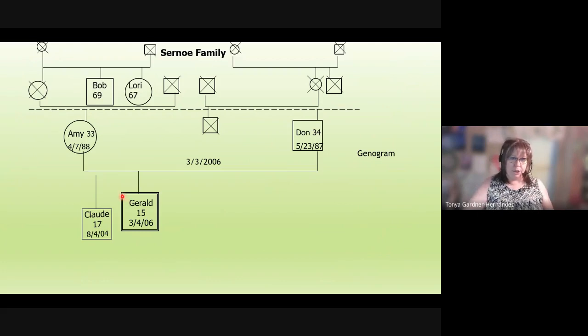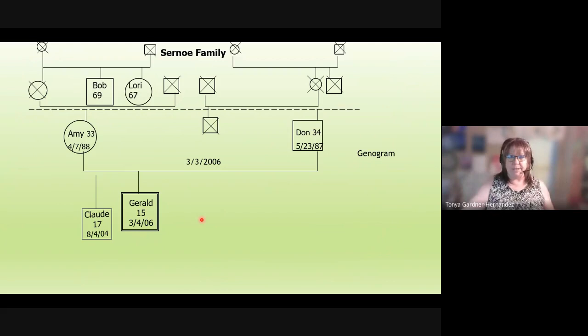They have another son named Gerald, who is 15. Now you notice that Gerald has a double box around his name. That's how social workers identify this person as the identified client. You'll notice as you go through the social work class that it's kind of hard sometimes for us to determine who is our client and who is not. Is the school the client? Is the teacher the client? Is the student the client? Or the parents the client? So this just helps us to delineate who our client actually is, but in school social